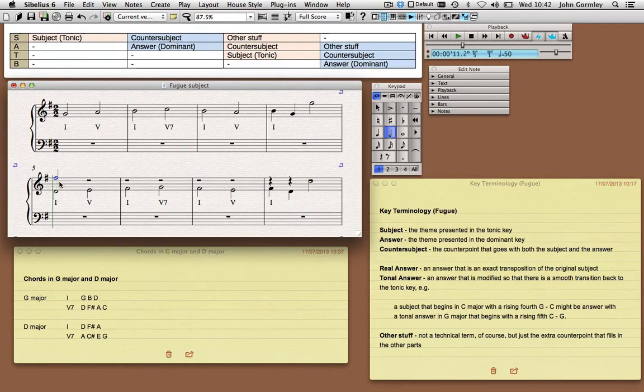And then it doesn't really matter. I can choose anything that sort of fits in with chord 1, chord 5. So perhaps I want to have a bit of C sharp to really make it feel as if